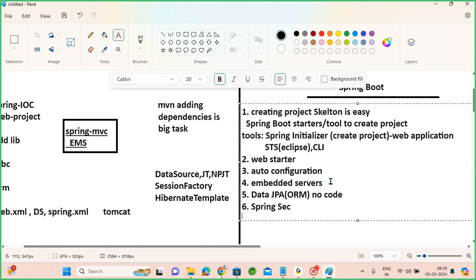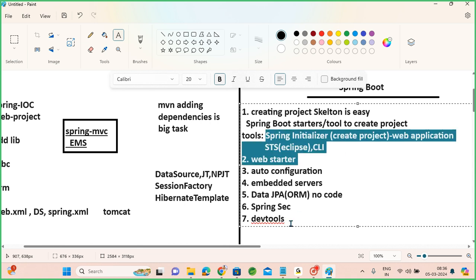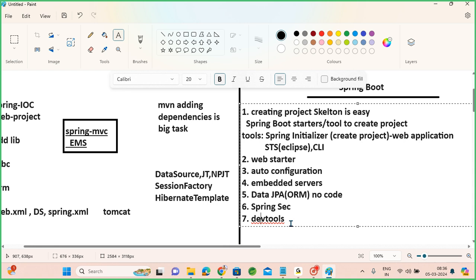Whatnot, all the modules they made it easy here using all the modules. Apart from that, there are some other starters also given during development. They will help us, like dev tools support they have given. Dev tools itself is a dependency. So dev tools starters they have given. All features will come in the form of starters only. Starters in the sense they are a group of libraries only. So this dev tools library is given to make easy restarts, or live